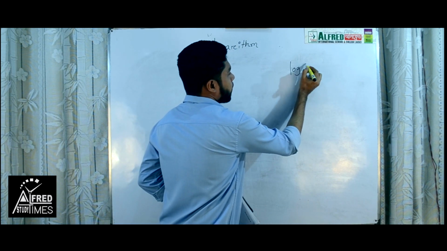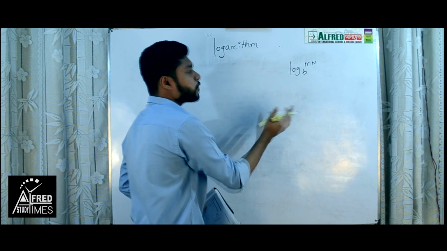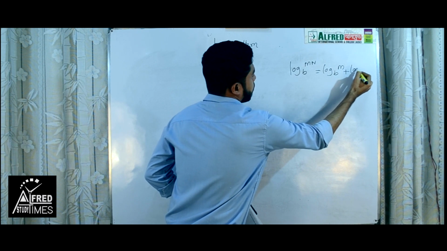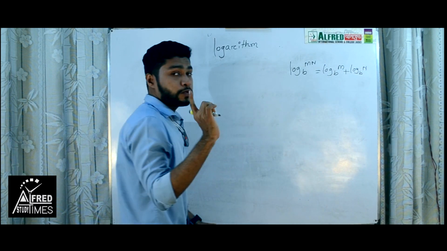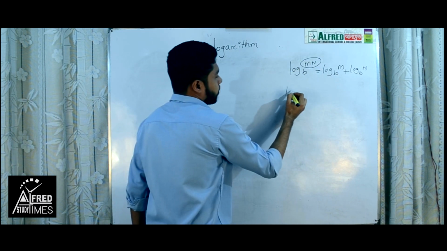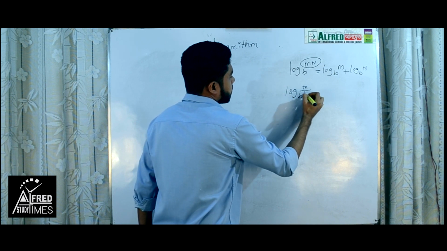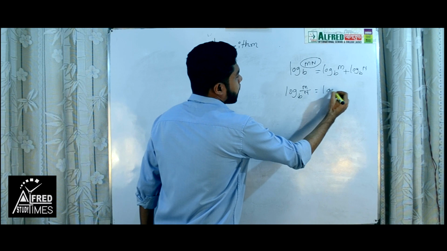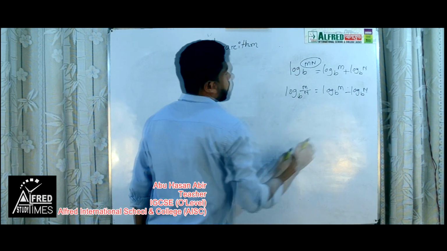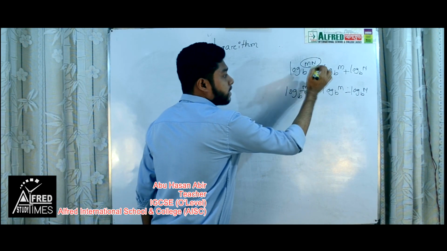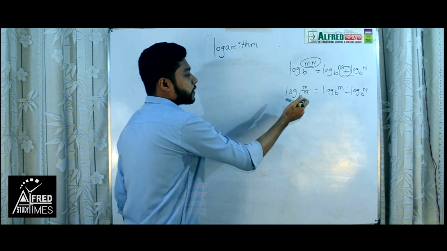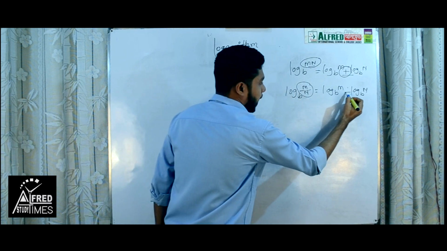Then the power is m n. Then we write log base b of m plus log base b of n. We have to remember here it is multiply. If there is divide, then it will be log b m minus log b n. Okay, here is the multiply sign, then it will be a positive plus sign we have to use here, and if there is divide then it will be minus.